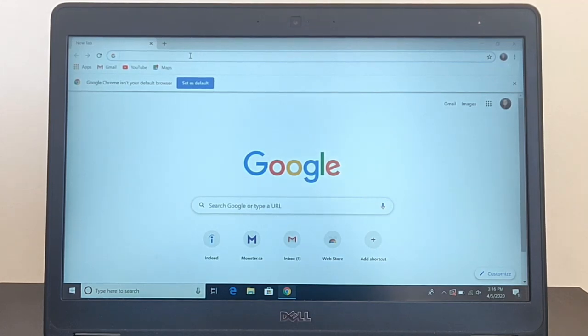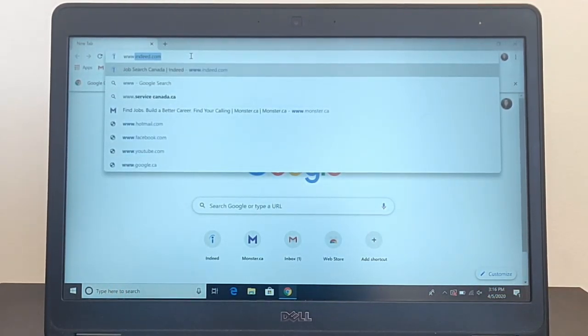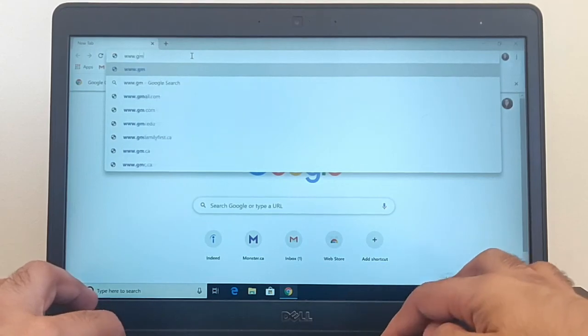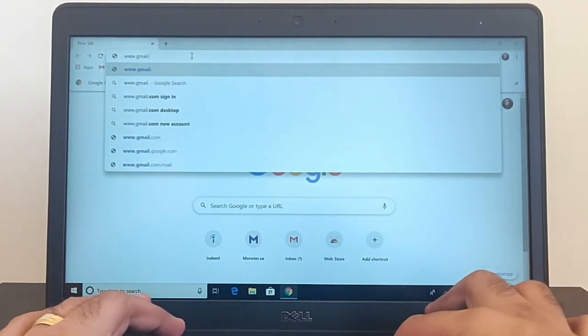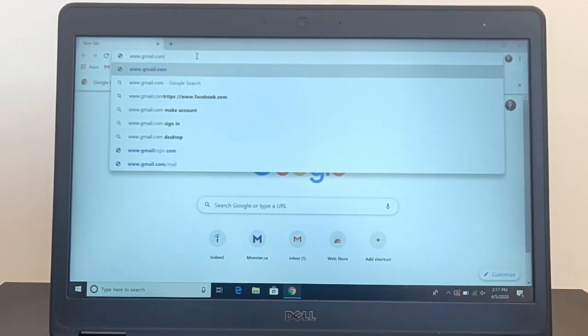And when we have to check our email, we will enter www, because every website address starts with www, which means World Wide Web. www.gmail.com. And if I press enter right now, which is on the keyboard,